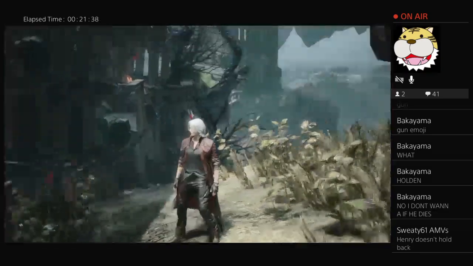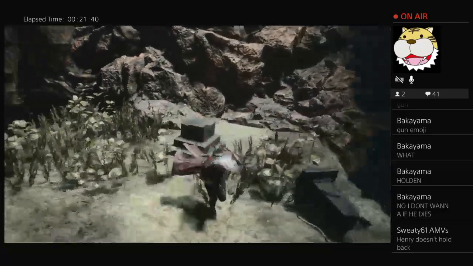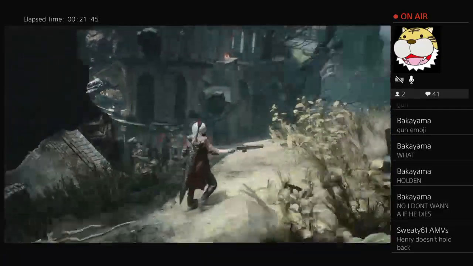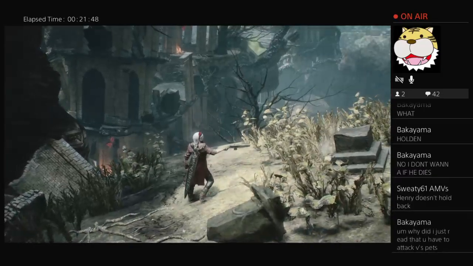So because I'm playing on a higher difficulty and I've already beaten the game, I have basically all the weapons that Dante unlocks. So there's the Coyote A, which you actually start with. It's like a shotgun that